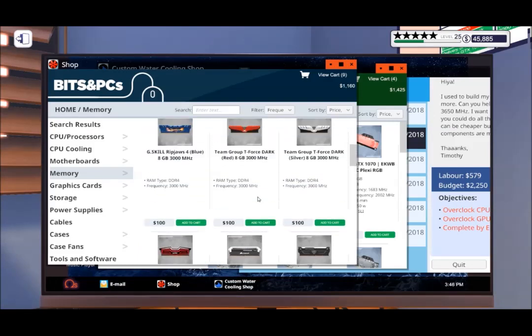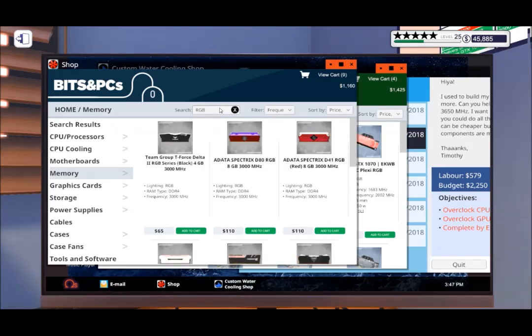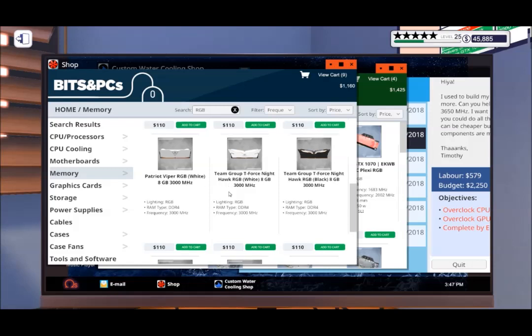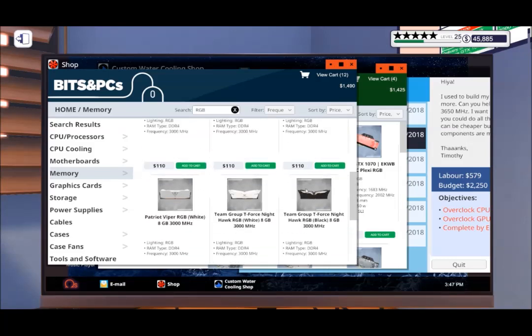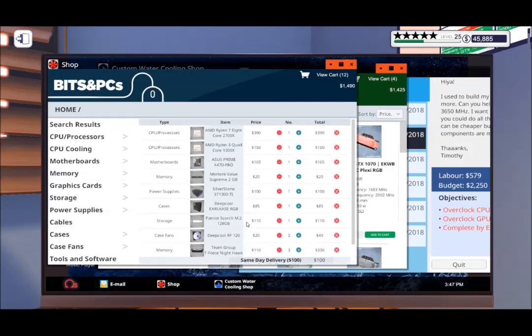Is there another team group option? That's black. That's got RGB, but that's only 4 gigs. We need 8 gig. And it needs to be the same company. That might work. 3 of these, because there's still 3,000 and there's still Nighthawks. This is just the multicolor ones versus the cheaper ones that he's got. Theoretically, it should work. Theoretically. Alright, so let's buy...